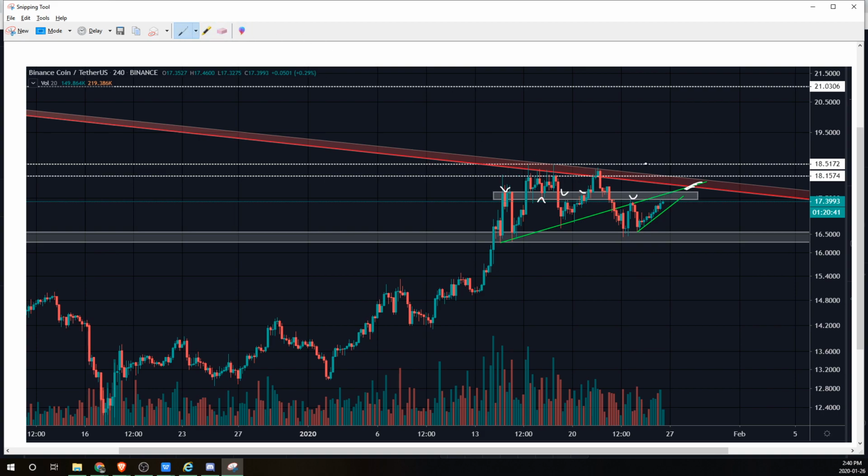So if we do see the price start to retrace back down and start to make a move to the downside, we know that there's going to be a lot of sellers at this area. The price is squeezing from the higher highs that we're making here, as well as the trend line that we're talking about, this zone right here. So the apex is going to here, and if the price is going to move to the downside, we want to capture around here all the way to the next level of support, if not lower, if we are going to make a lower low. So overall, that's the outlook for the short trade that I'm scoping out